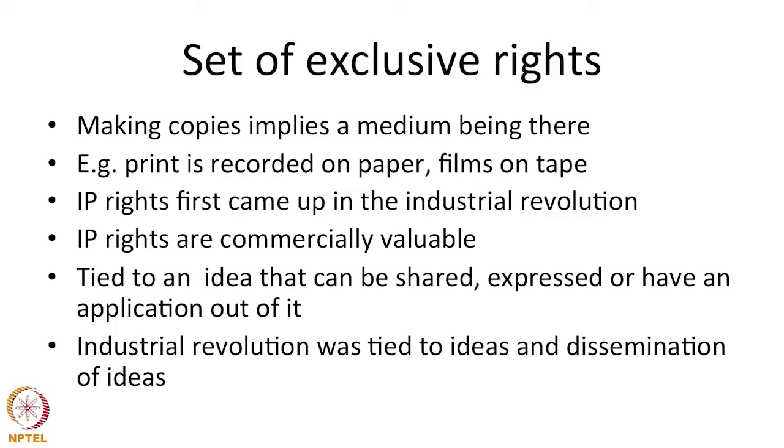it spread far and wide. And the Industrial Revolution also contributed to it, because all the things that we were talking about, intellectual property rights, first emanated in the Industrial Revolution. We said these rights are duplicable. You can reproduce them. If you have the first copy, you can make multiple copies of it. The Industrial Revolution actually mechanized manufacturing. It made producing many copies of products easier. It gave value to things because they were manufactured in large numbers. An entire industry of marketing came with the Industrial Revolution. Before that, people were not marketing at the scale at which they were doing.